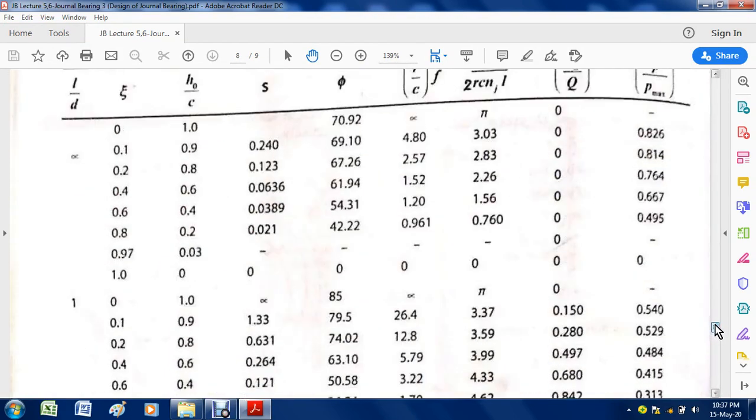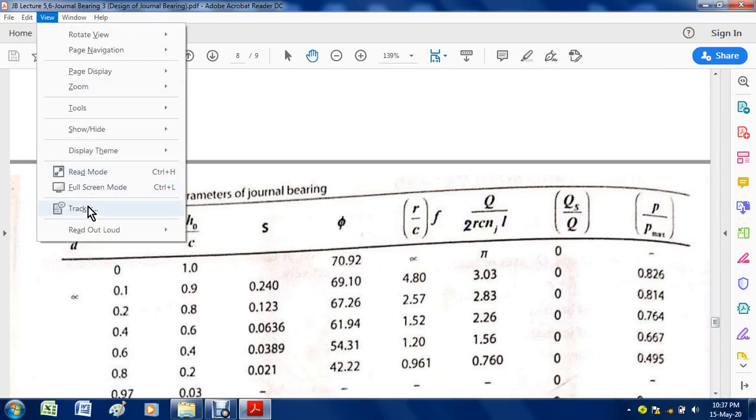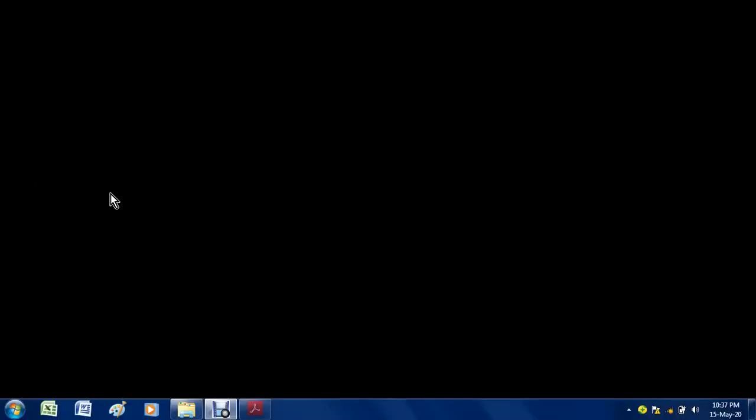These all parameters are also defined here. So in the design of journal bearing, we have to use this table, because the performance of bearing depends upon the parameters L by D and S, Sommerfeld number. These two parameters are the initial values, means these are the parameters which are under control of the designer, and by controlling these parameters the target of the designer